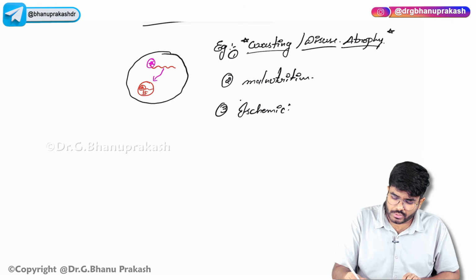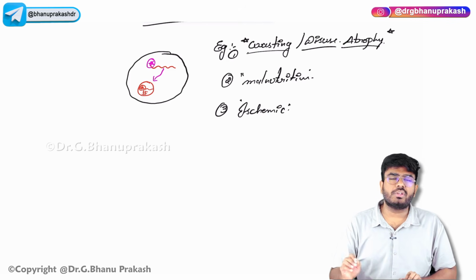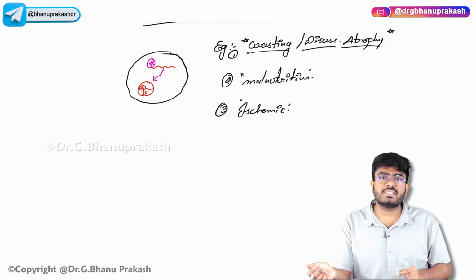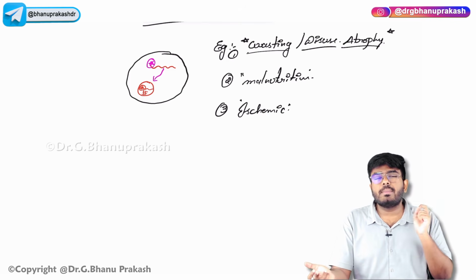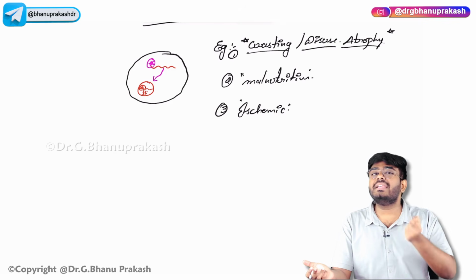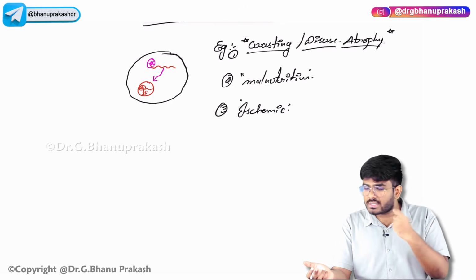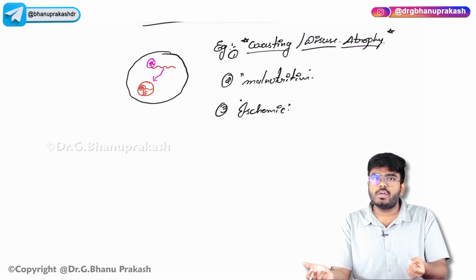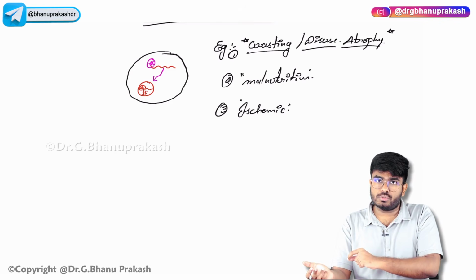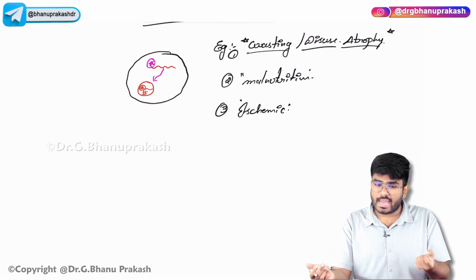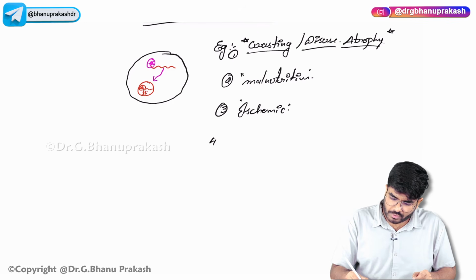Ischemic atrophy. You are using the muscles, you are giving the proper nutrition, everything is okay, but the blood supply to that muscle is lacking because of thrombosis or some other reason. The blood supply is not enough. The patient may have anemia, so oxygen delivery to the tissues is not proper. So there is ischemia to the tissues, which can lead to atrophy. And the fourth type of atrophy is